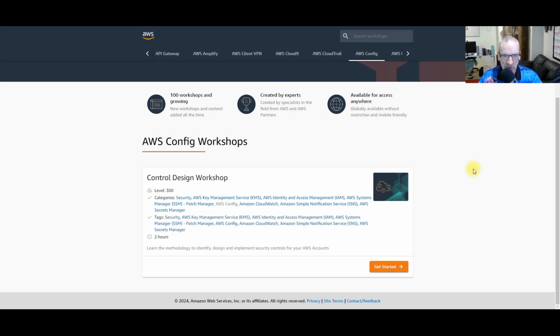And what I would say with this workshop as well, folks, is it gives you an overview of working with CloudWatch, identity and access management, systems manager, and also patch manager. It does mention here about the simple notification service, secrets manager, and the key management service, but what I would say, it just touches on the crest of a wave with them, folks, and I would say drill into these